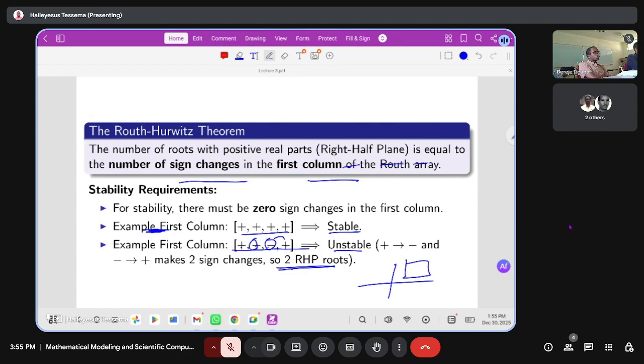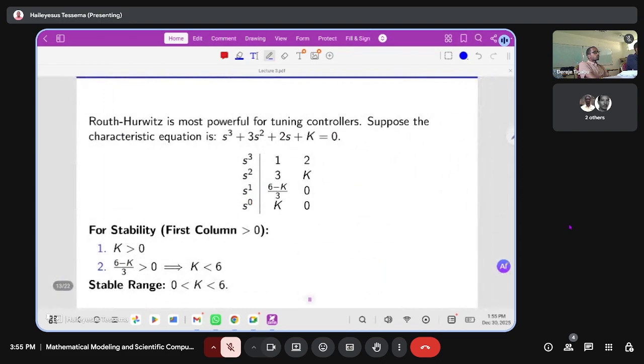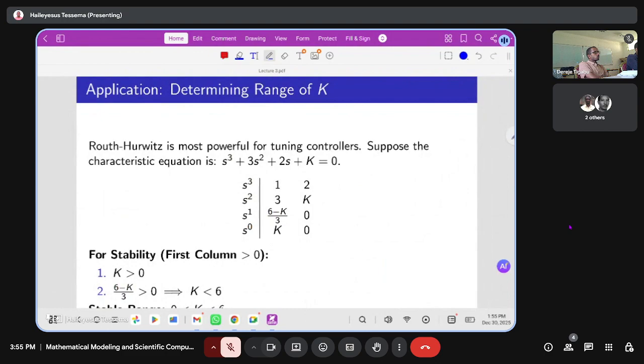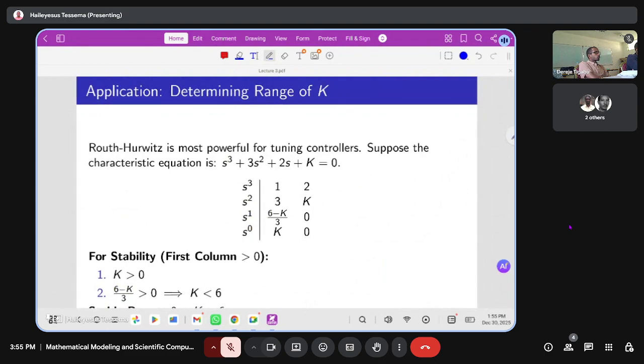So we check the first column of the Routh array, so that we can say whether the equilibrium point is stable or unstable depending on the first column signs. If there is a sign change, from positive to negative or from negative to positive, then there is a positive root that lies in the right half plane, so we cannot say the equilibrium point is stable. For instance, we have this characteristic polynomial, which is degree 3, and determine the value of k